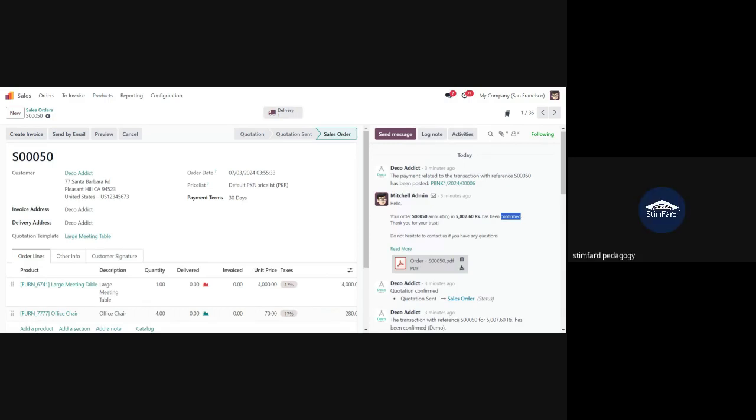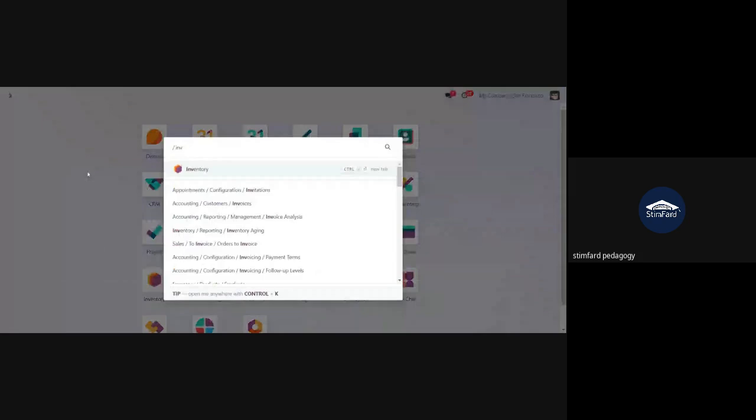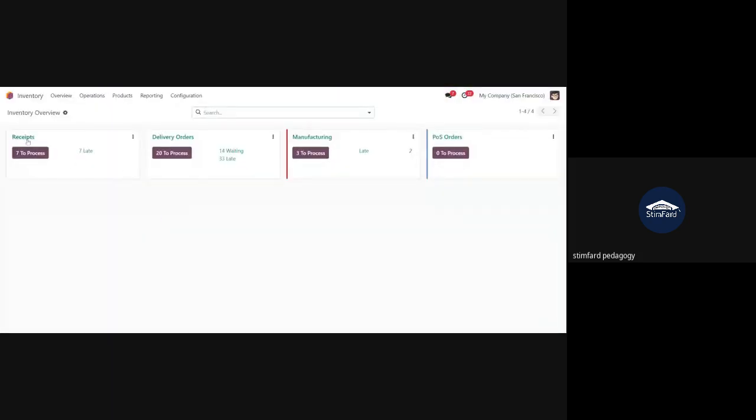Now your inventory person's role starts, and if I go to the inventory app, you can see here receipts, delivery orders, manufacturing, and POS orders. These are operations that need to be performed by the inventory person. The order has been confirmed, and a new delivery is to be processed. There are 20 deliveries that need to be processed. Of these 20, one is related to our order. So if I go to 20 to process,